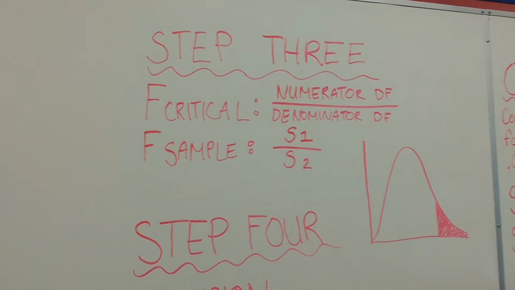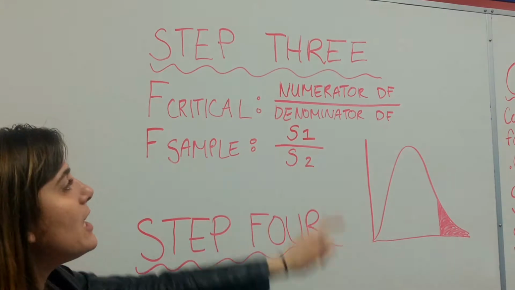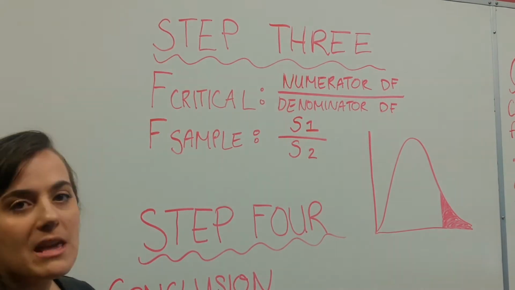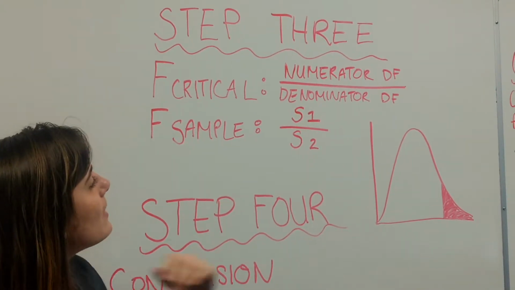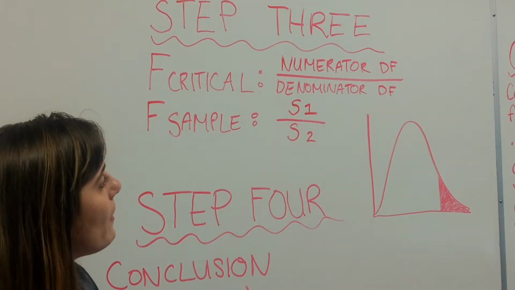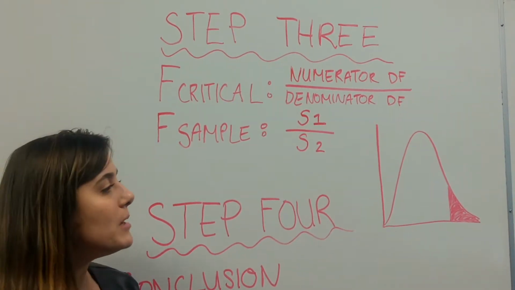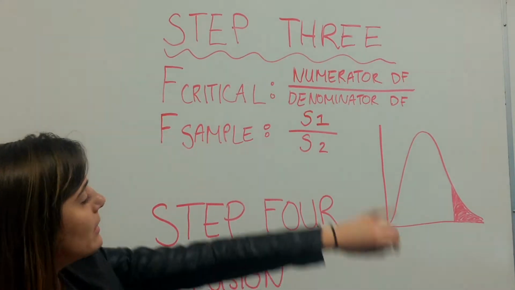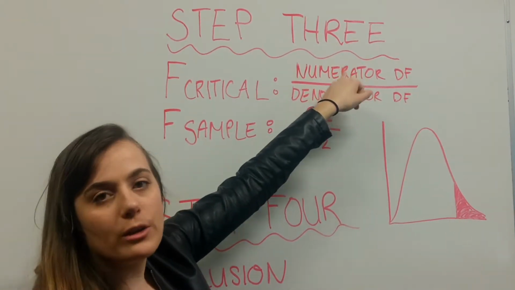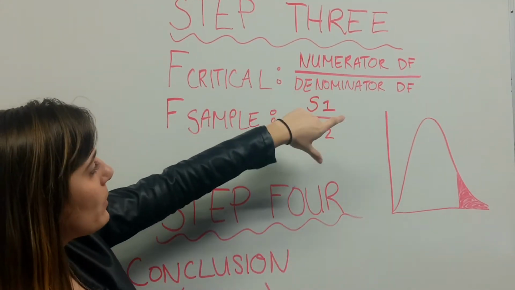On to step three, what we need to do here is find out what the critical and F-sample values are. To do that, we're going to take the numerator degree of freedom, which is equal to the sample number, so it'll be n minus 1, and then the denominator will be the second sample number minus 1. But it's really important that before you do that, you know what the sample variances are, because the bigger sample variance will be the numerator, which will make it the numerator degree of freedom. So as soon as you know those numbers, you can then put them in the right order,